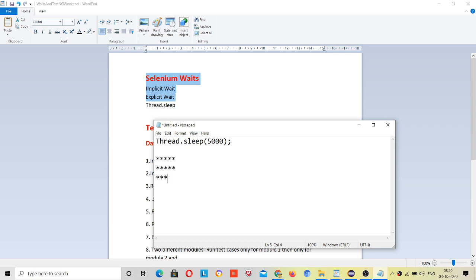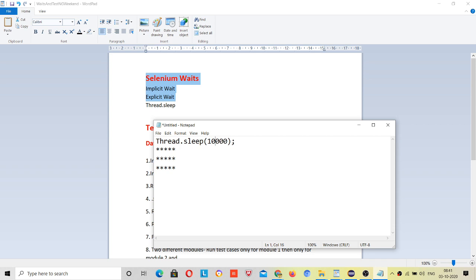This will stop execution for 5 seconds. In these 5 seconds other background happenings, like page loading and element loading, will be completed. If it is not completed in 5 seconds, then we can increase this.